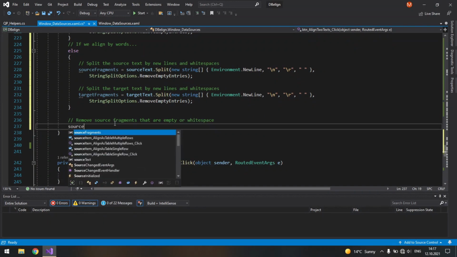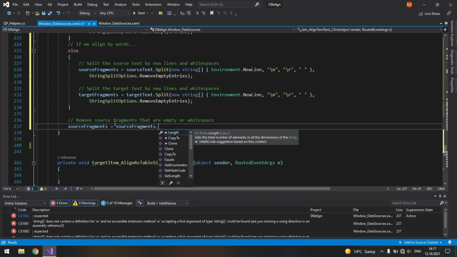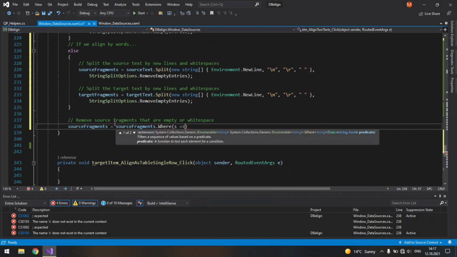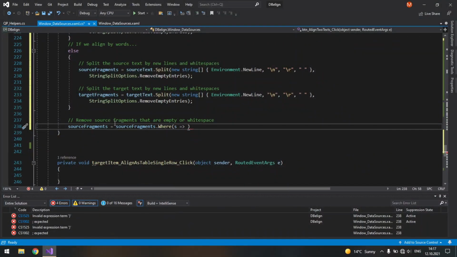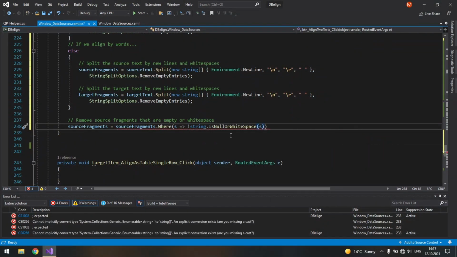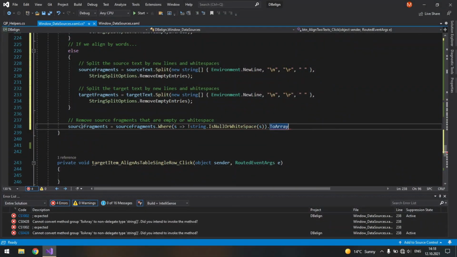So source fragments equals source fragments, and now we should have a bit of LINQ. So where, press Ctrl dot, let's call it S, and we check if string is null or white space S, and we convert all of this to an array, because source fragments is an array.